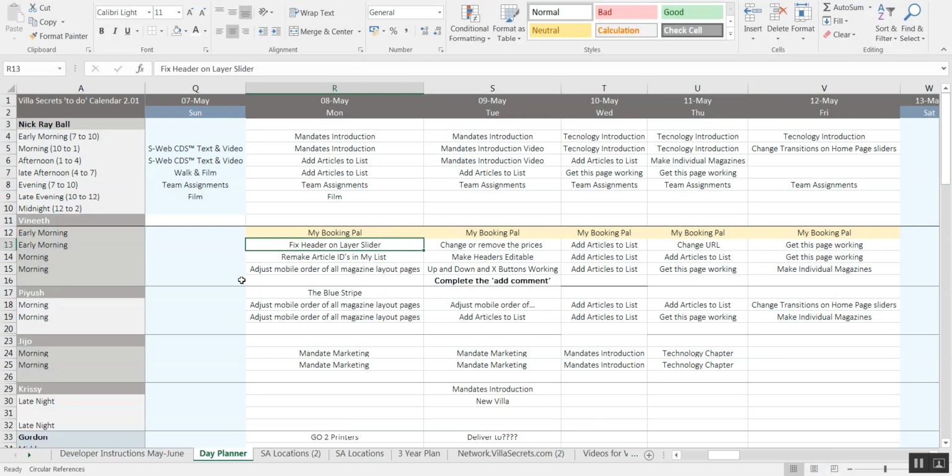Say, for instance, we've got 2 hours here to fix the header on the layer slider, and that's probably only going to take 20 minutes. So there's 2 hours left over. And in those leftover hours, we'll try and get some more done. Or if one doesn't have a task, one can just pick. It would be useful